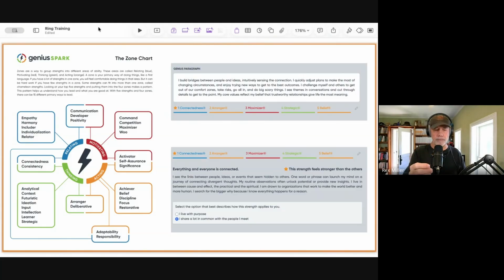Let's go down to the very bottom where we see adaptability and responsibility. Adaptability in the Gallup system is a relational strength because it looks on the outside like someone's easygoing. Core Clarity classifies it as an acting strength because it comes alive in spontaneous, in the moment, last minute kinds of adrenaline types of things. And that's when it does its best work.